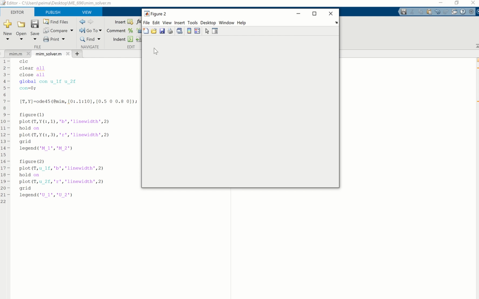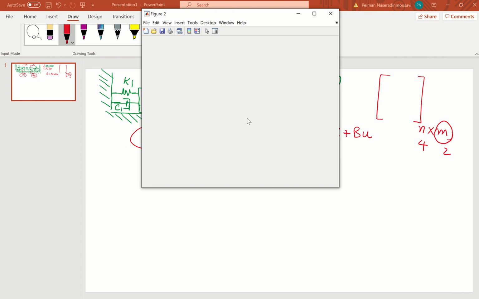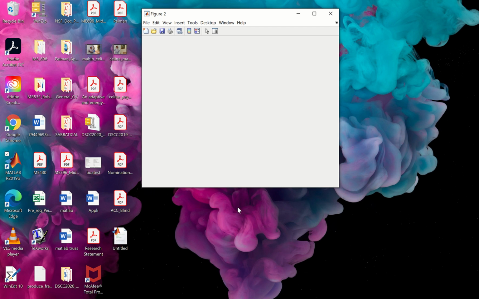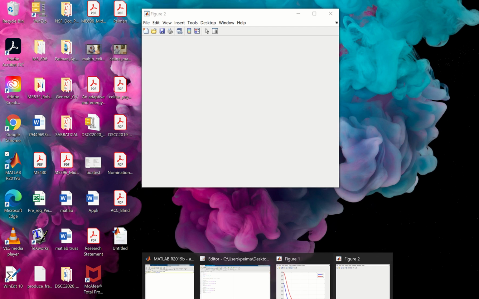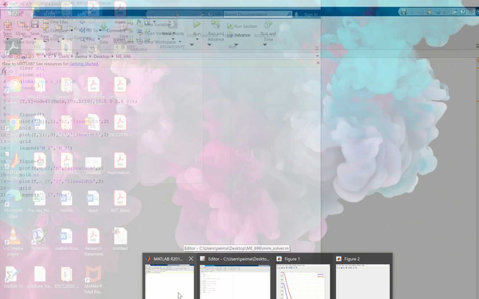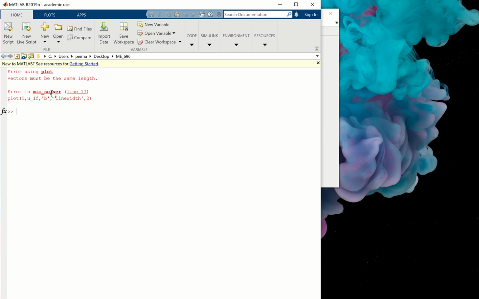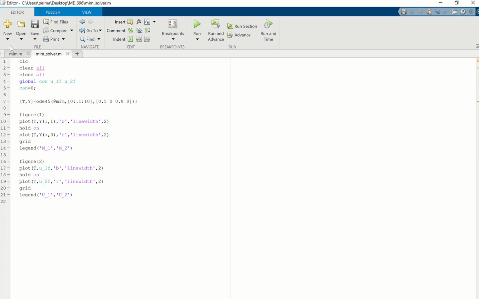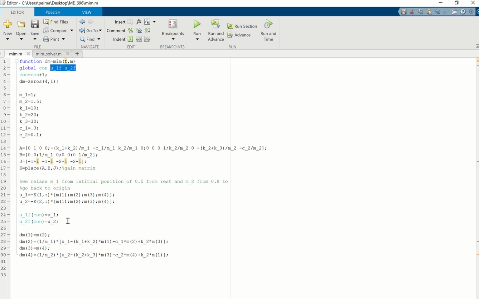Oh, it shows that figure 2 comes up, but there's an error. Why? Because it says vectors must be the same length, and time and U1 F are not the same. To avoid this always, this is the MIMO method I'm teaching you, okay? You have to say, okay,